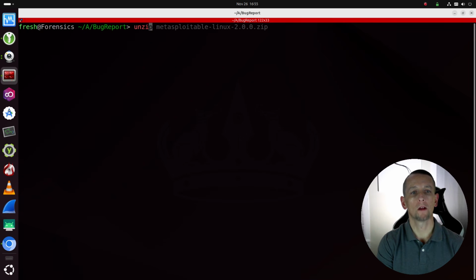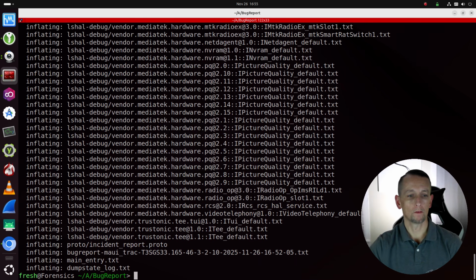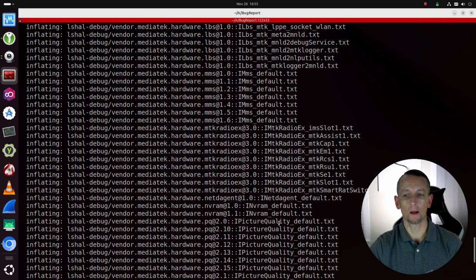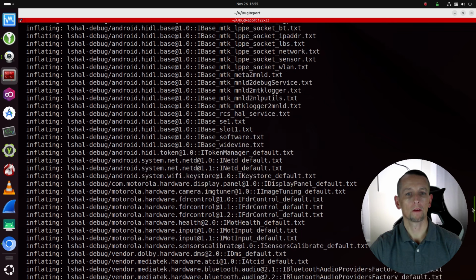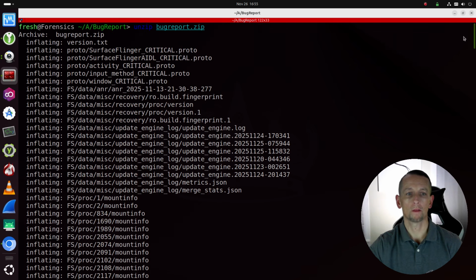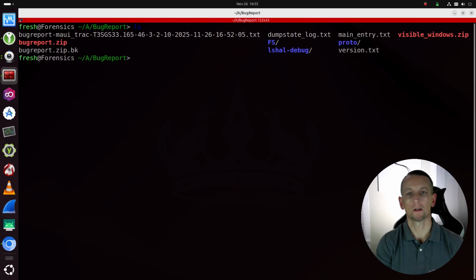Now we could just unzip this. You see every single file that makes up that zip file printed to the screen. And if I run ls, we now have everything in the terminal. So we have directories and files, and we could manually